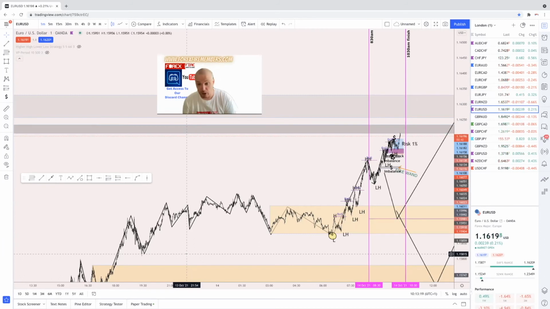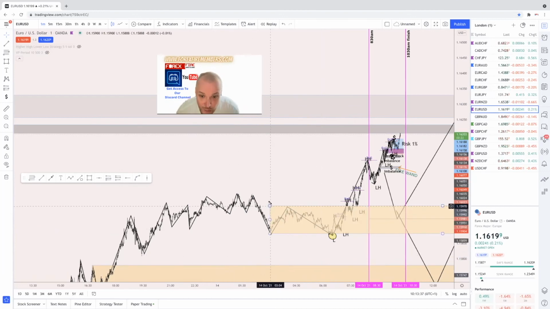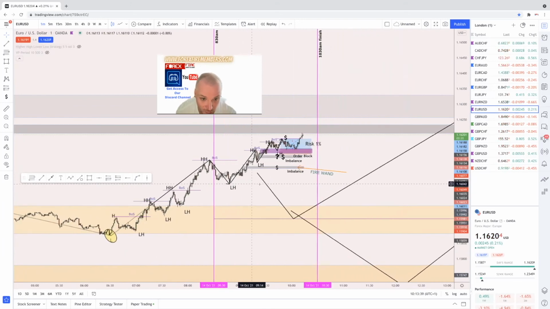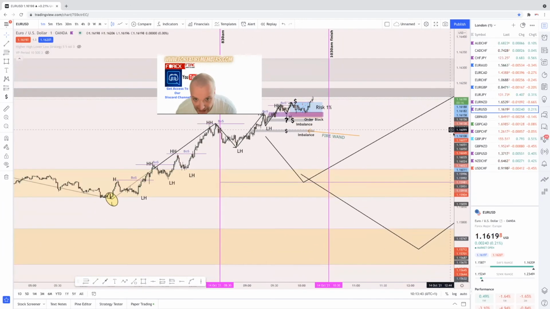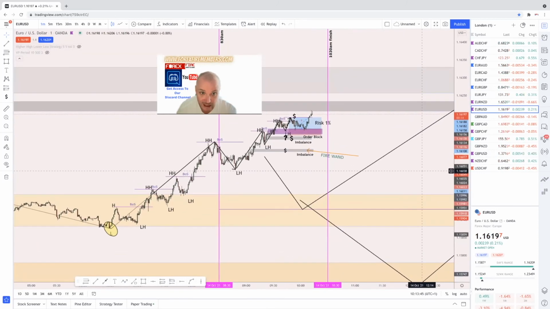Thus, if we get any pullbacks from a break of structure, in this instance, on this continuation of trend on the higher highs, when we get the pullbacks to make the lower highs, we are expecting within the price range of the previous swing to have that order block mitigated, okay? Now, this is the easiest way and method of trading a smart money style, a smart money concept. And again, I don't make this stuff up. This here created 39% growth over the last 4 weeks of last month.